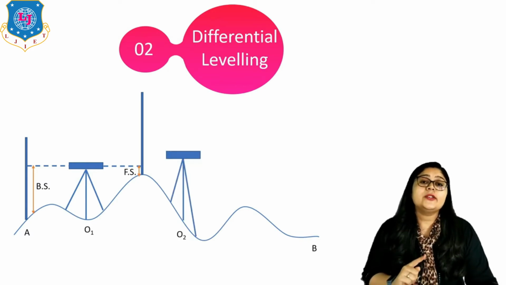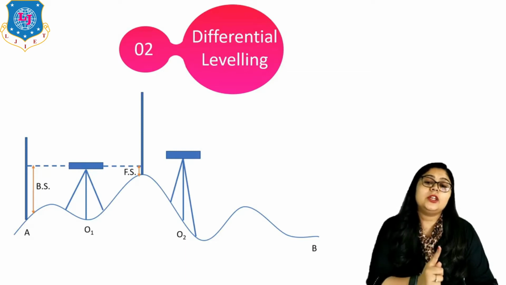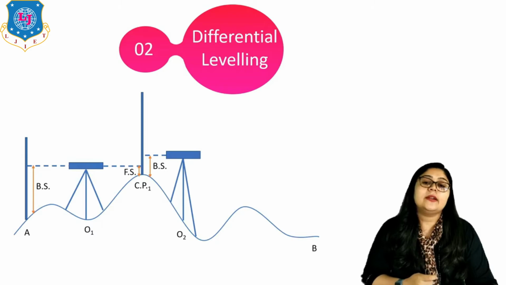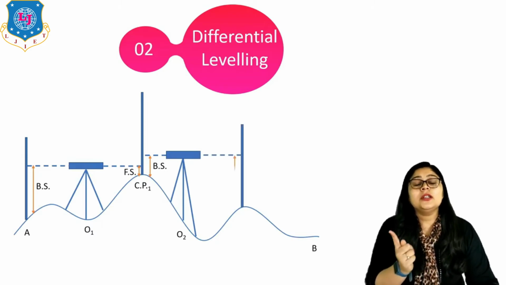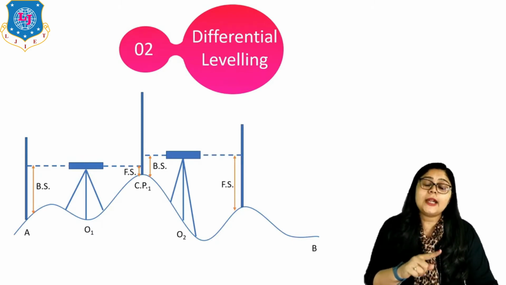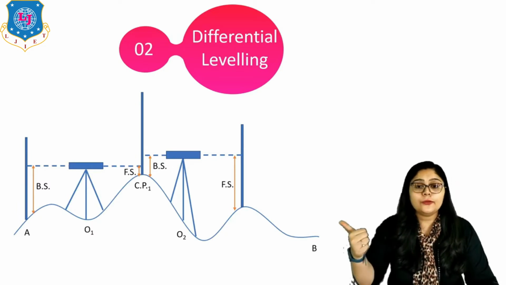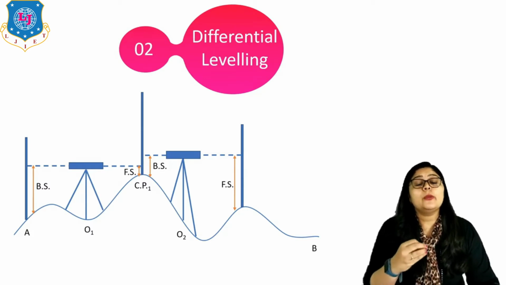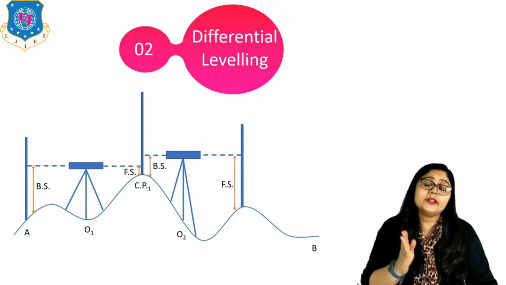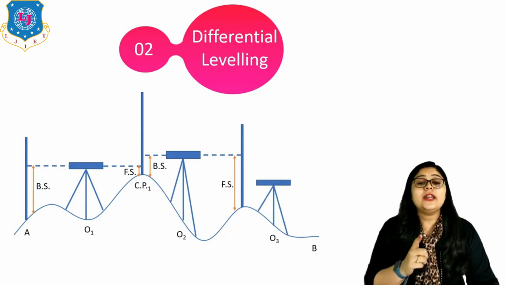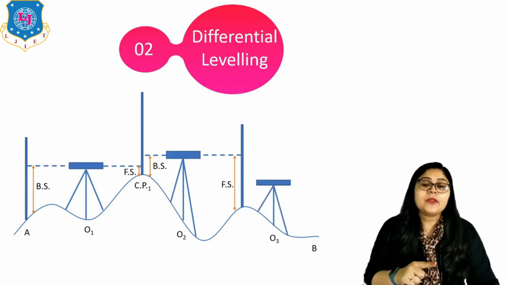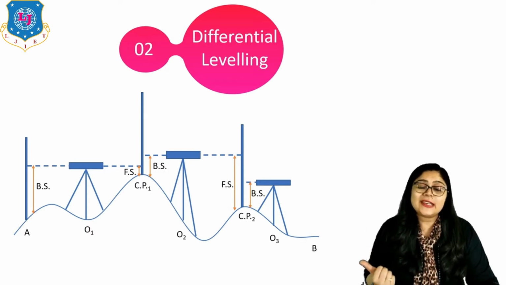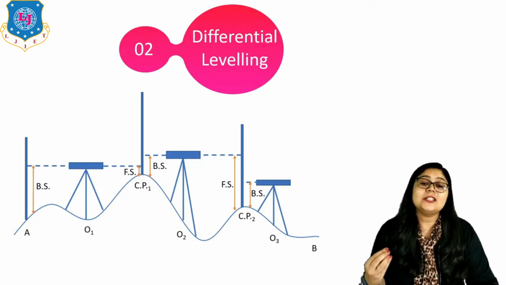So that point is known as the change point, and then by shifting your instrument, whatever first reading you take is known as the backsight reading, right? Now whatever the next reading or the last reading you get from that setup is known as the foresight, right? Again here you can see we are not reaching our point B. It means I have to further change my instrument. It means if I have shifted my instrument a third time and I am taking the reading which is known as the BS, so that station acts as change point 2.